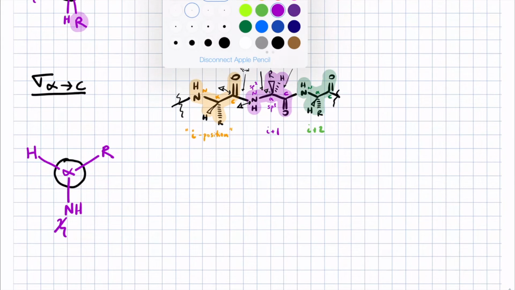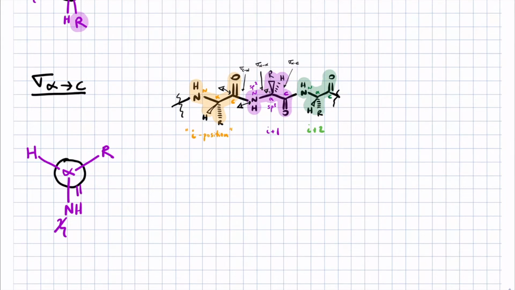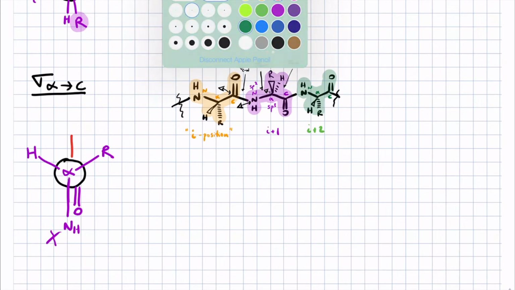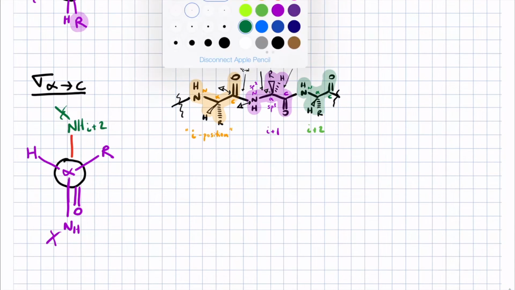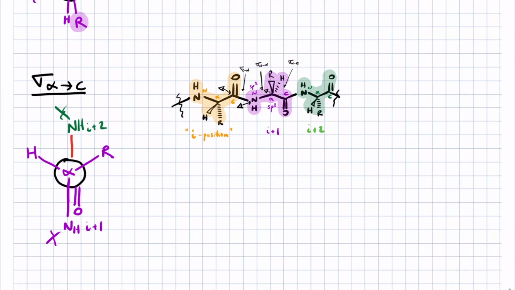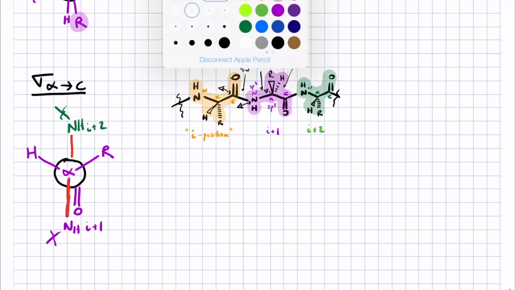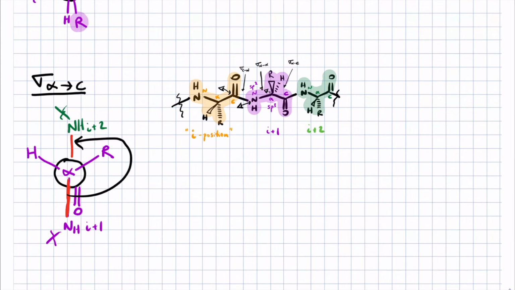And the way we've drawn this molecule now, you would have the carbonyl oxygen eclipsed with the amide nitrogen. And then in the back you would have the green amide nitrogen from the I+2 amino acid. All right, and the dihedral angle we would be interested in would be this angle between the two red lines here. We're going to call that dihedral angle Greek letter psi, and that's going to be the dihedral angle between